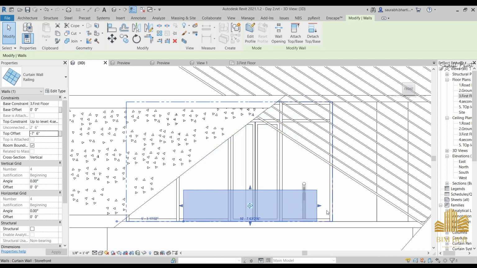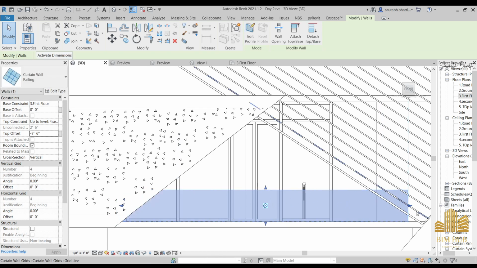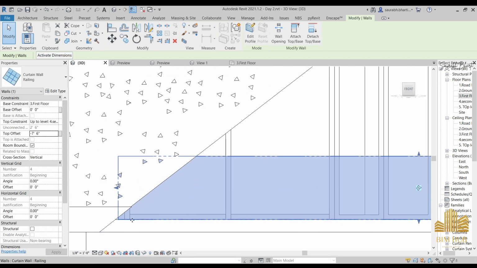Just wait for a while, and now you can see we have made this change. Just do it like this. You can increase or decrease the size of it. So increase it till here, and remember that you should go inside in this place. Okay, now that we are done with this place, you can just go to the edit profile